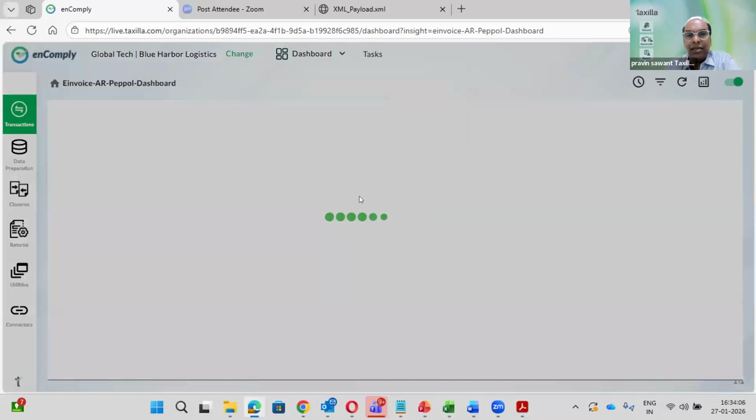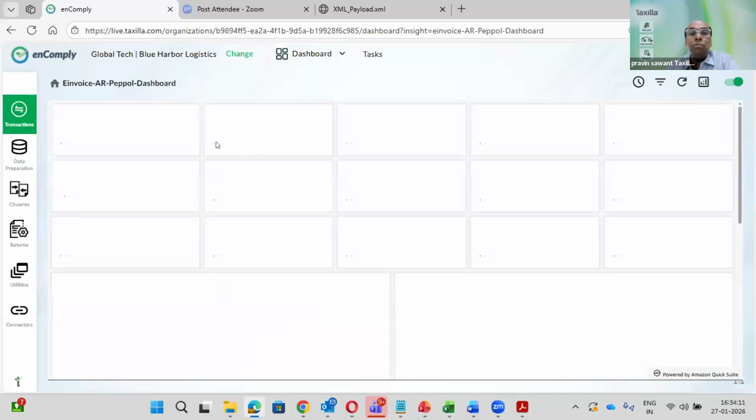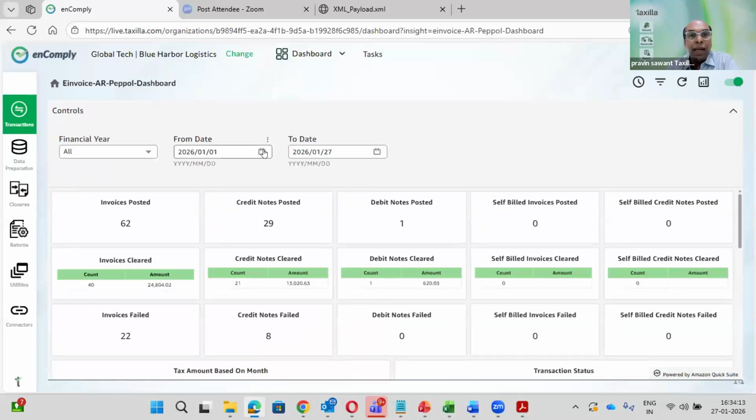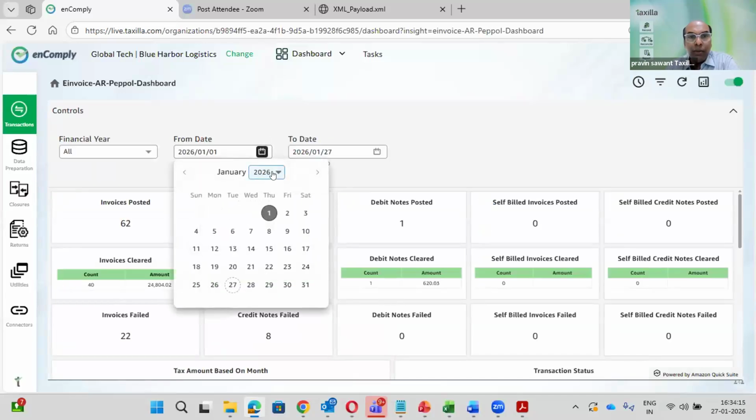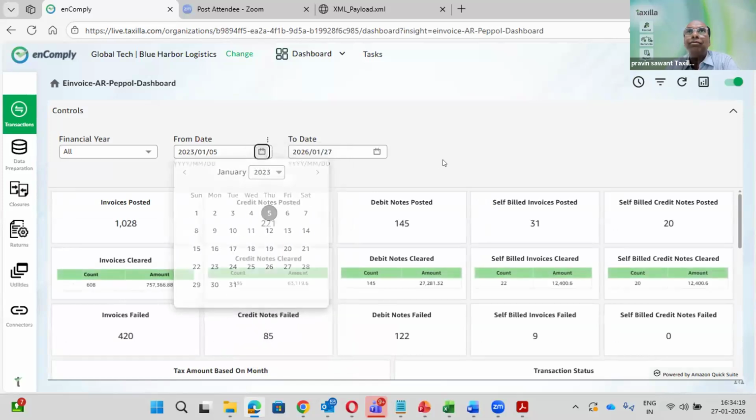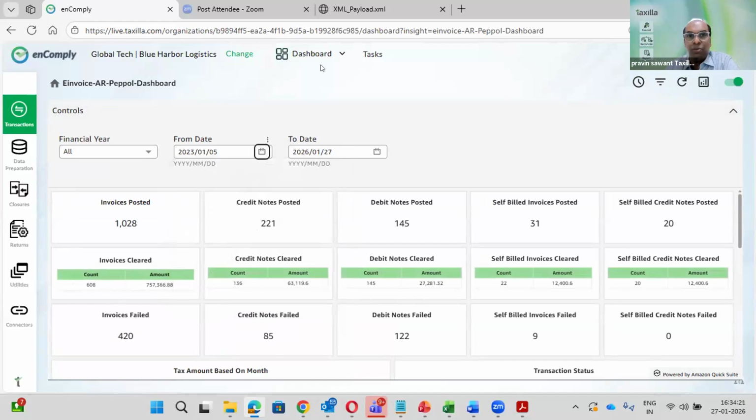Let's understand the AR side. On the AR side, they want to see whether my company is fully compliant, whether there is a problem in reporting. That can be checked in a central dashboard.